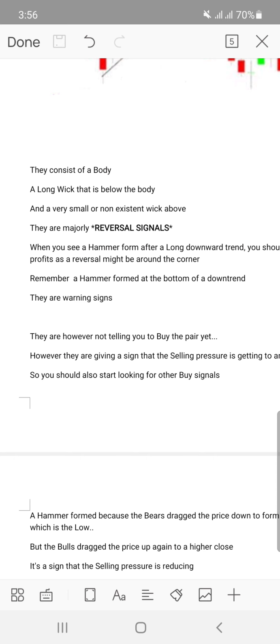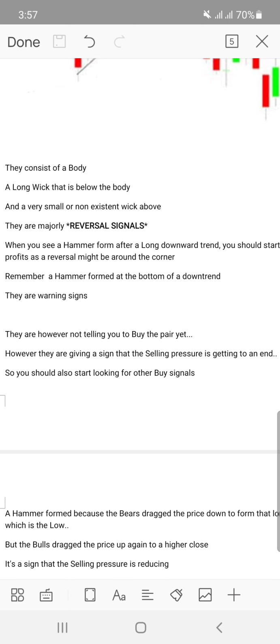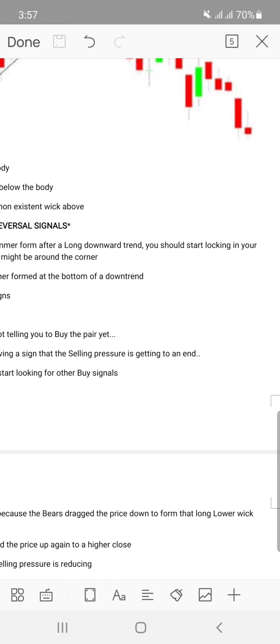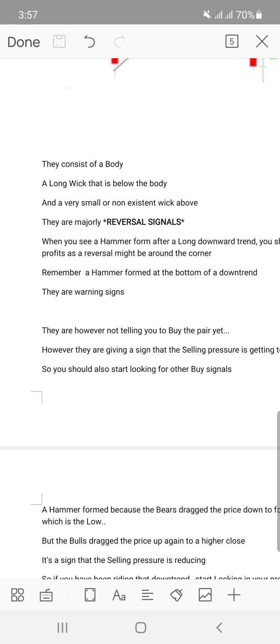They are candles that usually give you indication that there's going to be a reversal soon. So when you see a hammer form after a long downtrend, you should start locking in your profits as a reversal might be around the corner. So if you are in a buy or a sell, and you sight the hanging man or hammer, what you should do is you should start locking in your profit, in the sense that you should